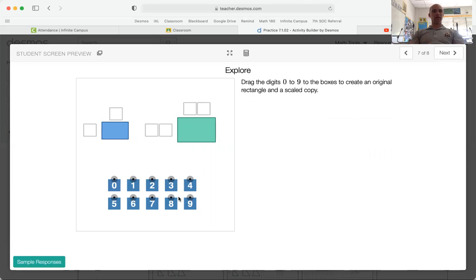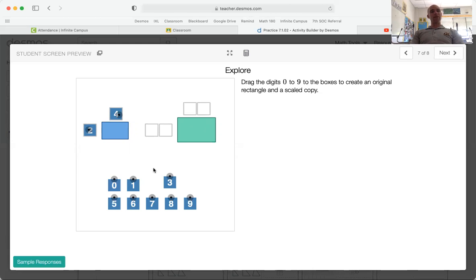A smart way to do it is to pick relatively small numbers for the blue side, so you leave yourself bigger numbers for the green side. You just got to be thoughtful about what numbers you choose, because you can't duplicate anything. Once you use a digit, it's gone. I know that if I put the 2 and the 4 here,